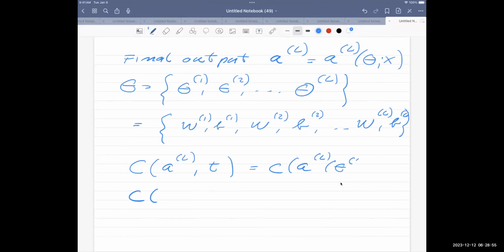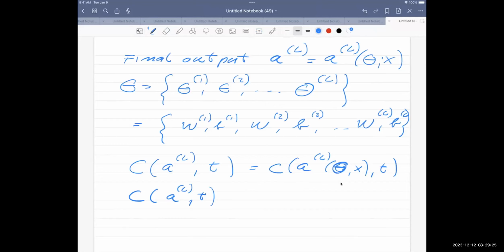So let's just rewrite it like this. We have theta, which are the unknown parameters. This depends on the input variables x. So this theta, which you see here, is now the collective container for all the unknown parameters. And this is also a function of the target values t. So if we now look at the cost function C, and let's just write this as A of L,